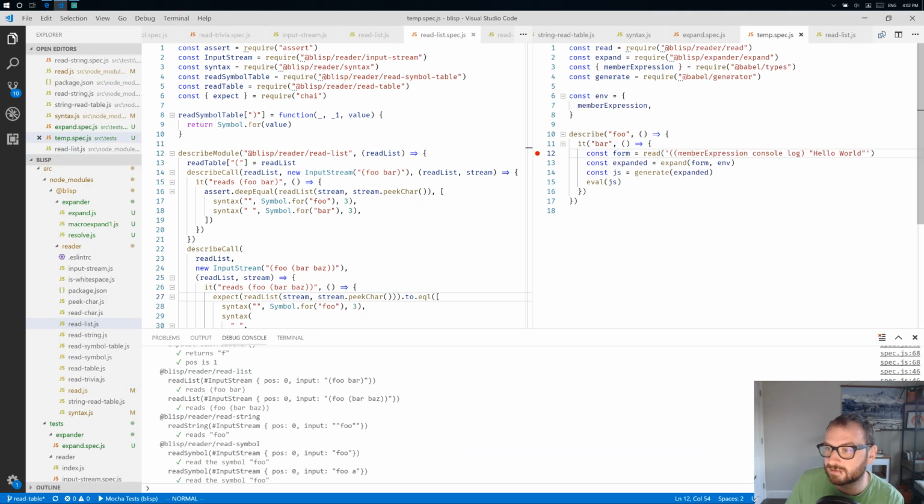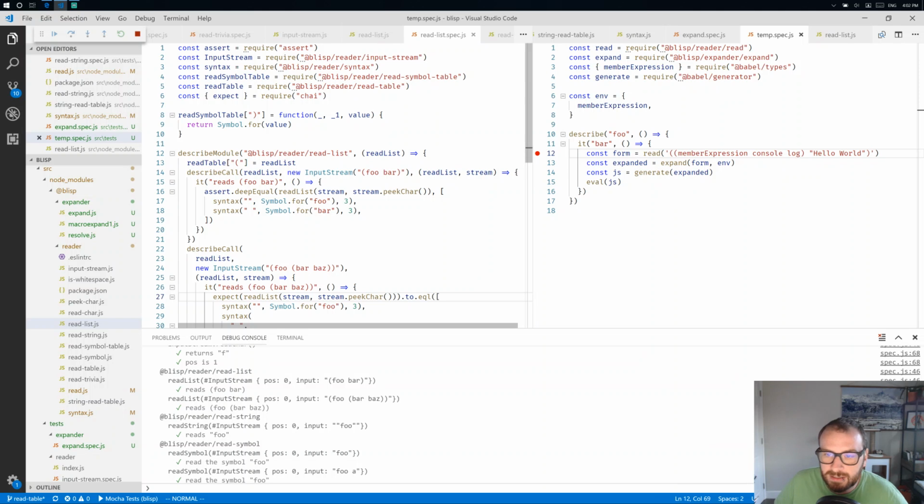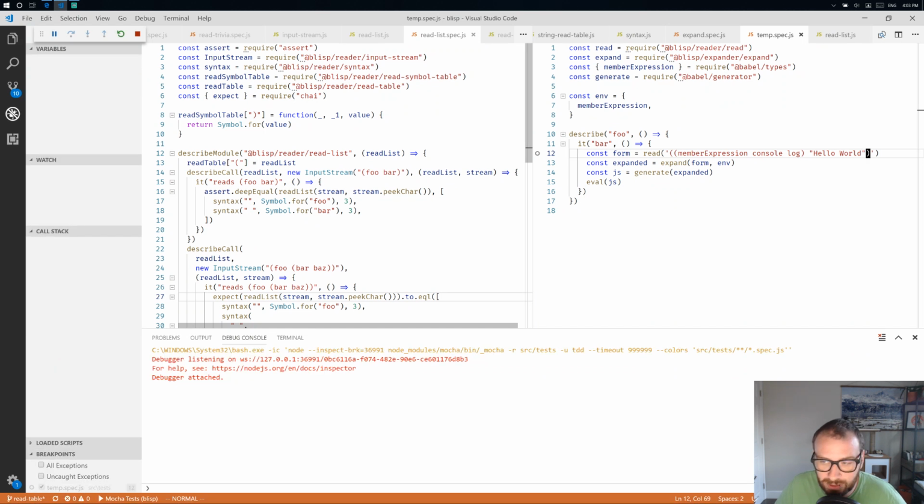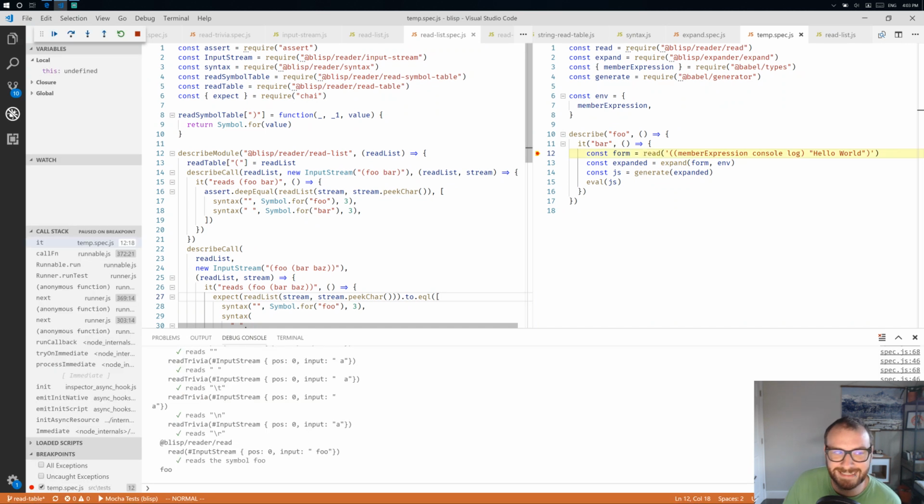Actually, you know what? That was just a legit error. Someday we'll actually have errors, and the compiler we're writing will have told me that was just wrong. All right, let's try running again. Turns out it was my code that was wrong, not my code. Well, they're both wrong, but